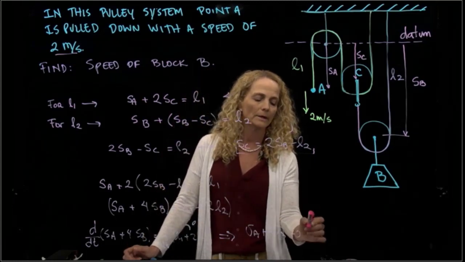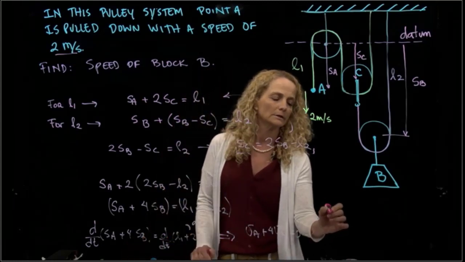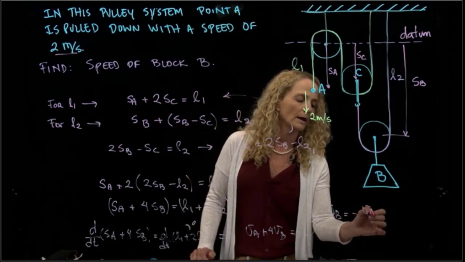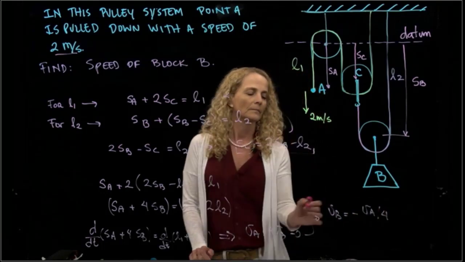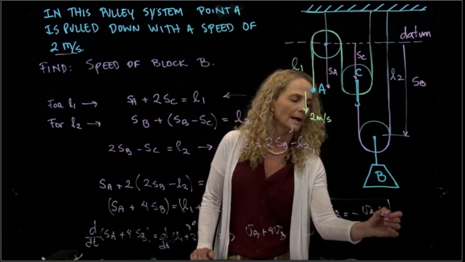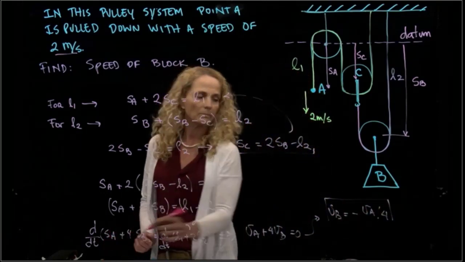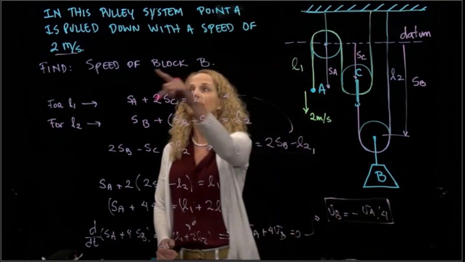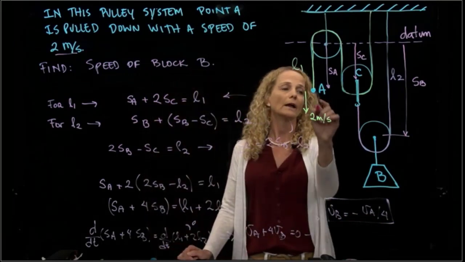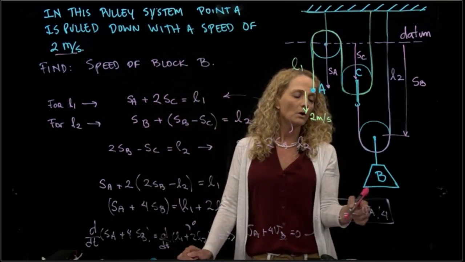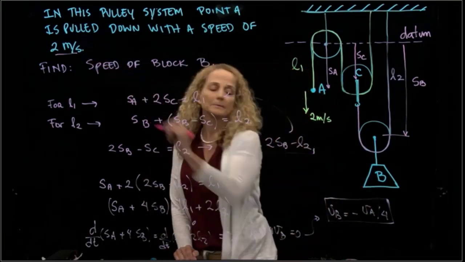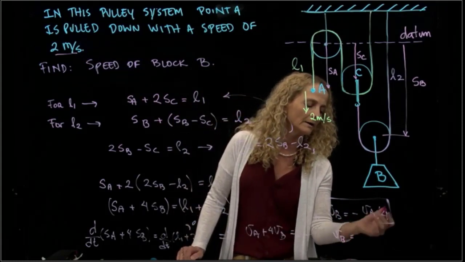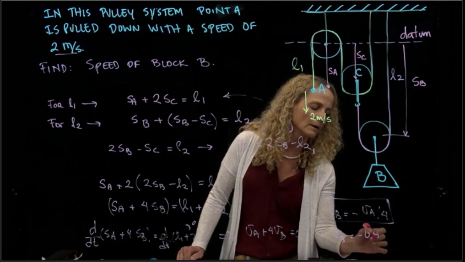Finally, then we get that the velocity of B is negative the velocity of A divided by 4. This is my equation that relates both velocities, right? And since I already have the velocity of A, I can find the velocity of B. So if I plug in 2 meters per second, the velocity of B will be 2 divided by 4, which is 0.5